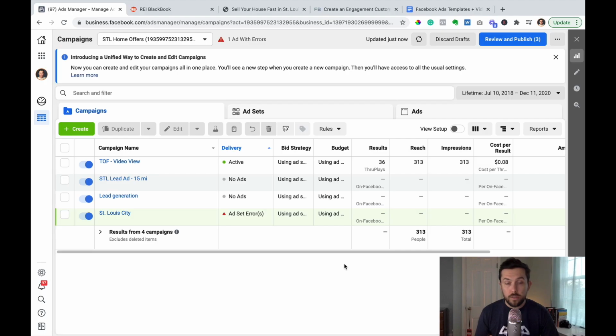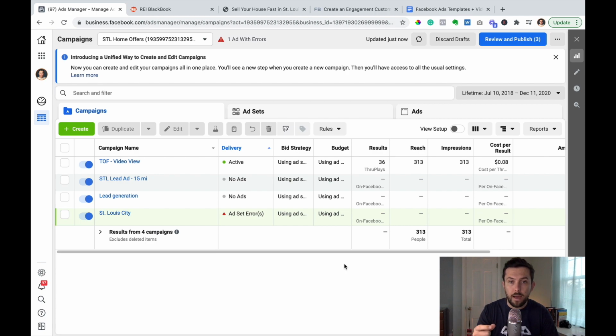So with that said, let's jump into Facebook and let's get started. All right, so once you're inside the Facebook Ads Manager, there's a couple things we need to do before we can create our retargeting ad. We're going to need to create a pixel and put it on our website. And what a pixel is in Facebook terminology is it's basically just a little snippet of code that you put on your website that tells Facebook if somebody visited your site.